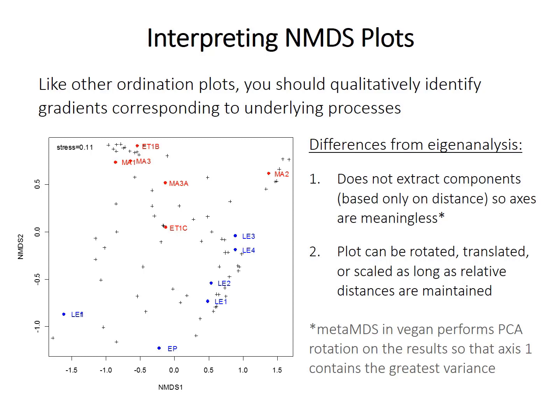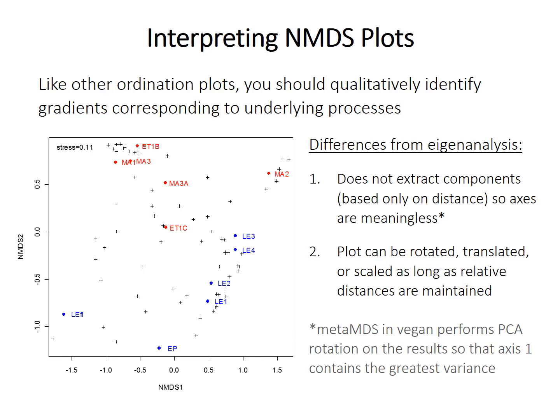Okay, so unlike in PCA, these points, remember, are arranged by this iterative process. So it turns out that the axes don't actually mean anything. Remember, in PCA, the axes correspond to these eigenvectors that explain a particular amount of the variance. So because here the axes really are not that meaningful, you can rotate the plot, you can translate it, so you can shift it from left to right or up and down. You can scale it, so you can enlarge it or shrink it,